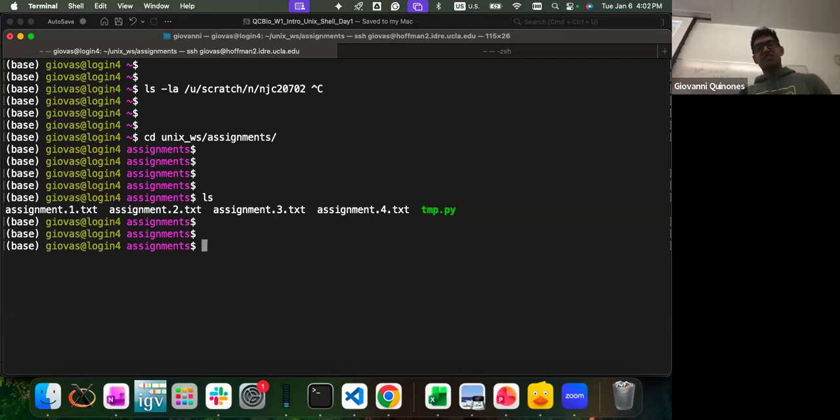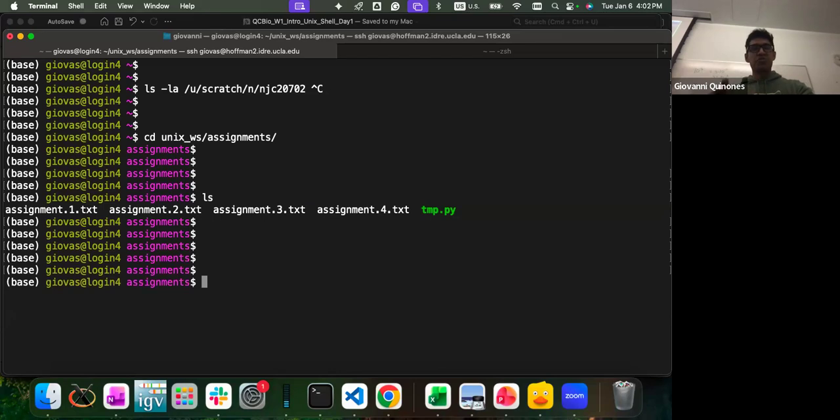So those are just some of the convenient commands that you should know. Now, there are also some warnings that come with all the new commands that you learned today. The first warning I already mentioned with the permissions. You don't want to put 777 on all your files or very important files in your directory, right? Especially if you're doing research, your PI may want to keep certain information only to your lab, only to your group. So you should be mindful about the permissions that you give each file.